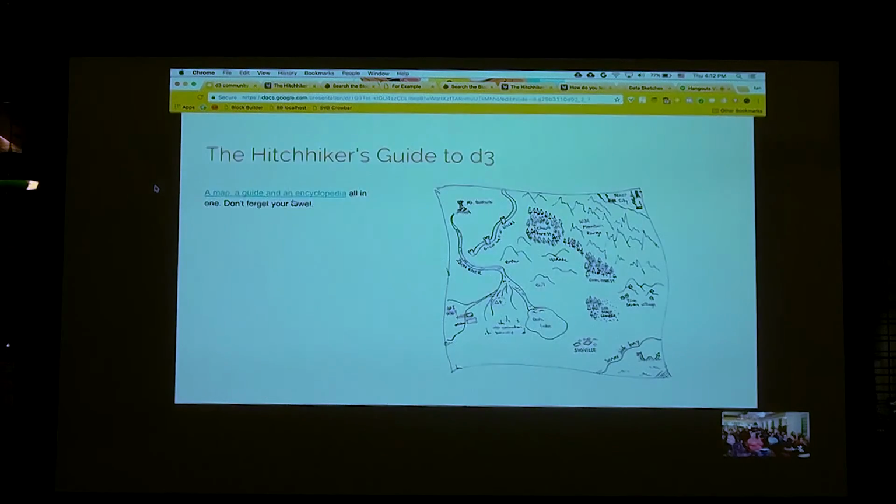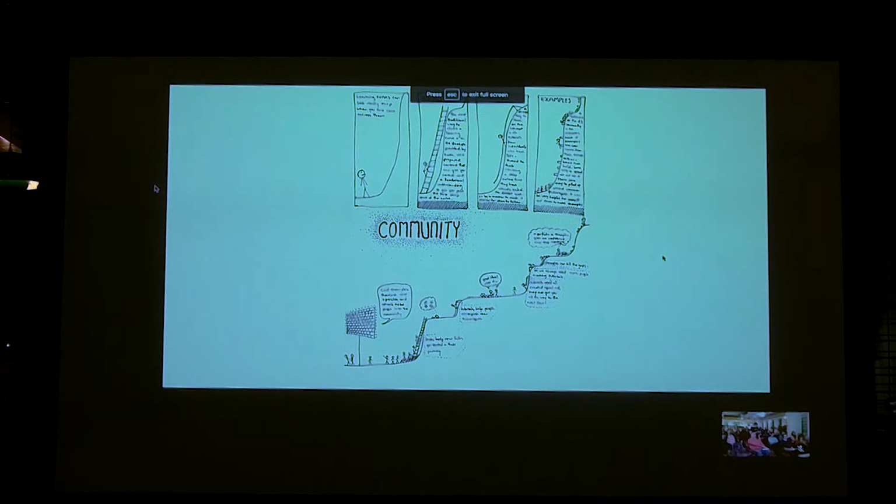But another really central part of all this is the community. And you may not be able to read this perfectly, it's actually at the end of that blog post, but to give a really short summary, we noticed that a learning curve can look really steep when you're starting out, especially if you don't know how to climb. A lot of times you pick up a book, right? And it's kind of like a ladder. A book is very rigid. It has a start and an end, and it will take you up the learning curve.